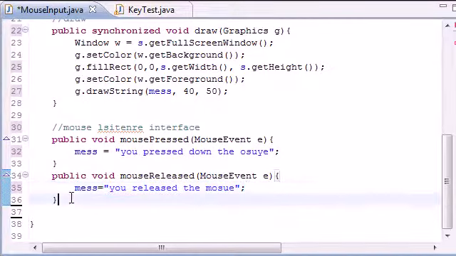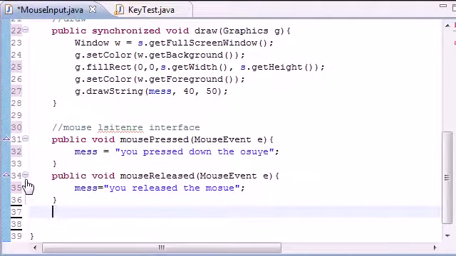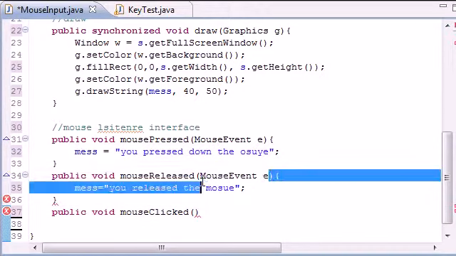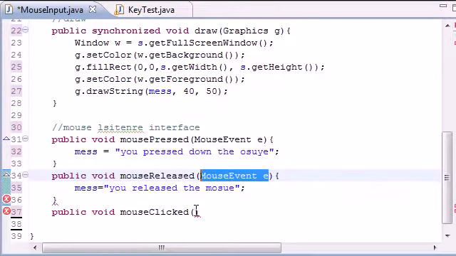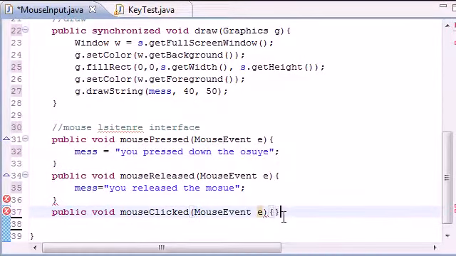Good enough. Now there are 3 other methods in here, and that's mouseClicked, which is pretty much when you click your mouse, and that's a combination of pressing and releasing, but we don't want to handle this because it'll mess up our other 2. So let's go ahead and we need to implement it. Public void mouseClicked, and of course let's just put our parameter in here,